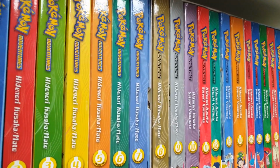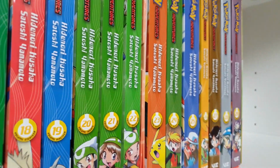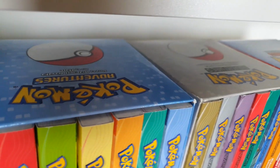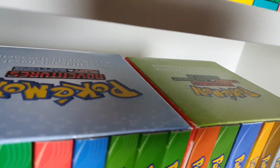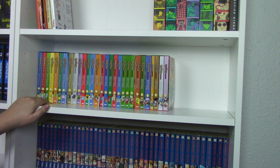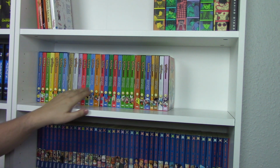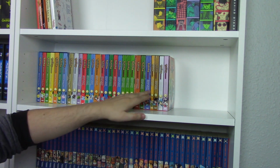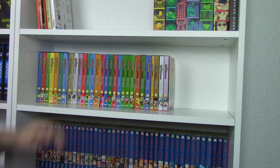So this is my Pokemon Adventures shelf. It has the first 4 box sets of Pokemon Adventures. It is the red, blue, yellow and green box set. It is the gold, silver and crystal box set. It is the ruby and sapphire box set. And then it is fire red, leaf green and emerald box set. All new additions to my